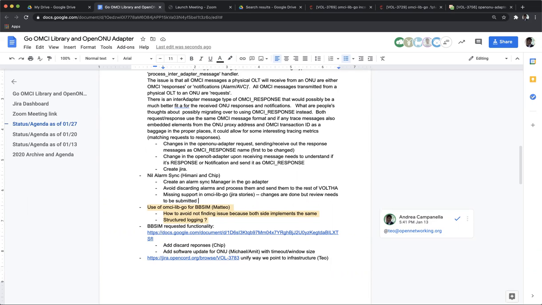Actually, I have started the task and I am still progressing. As and when I see any issues in the OMCI lib, I discuss with him and he makes the changes. He had given me the patch yesterday and I requested one change, and he has given me the new tar file which I have to incorporate now. Okay. Perfect. That's great.